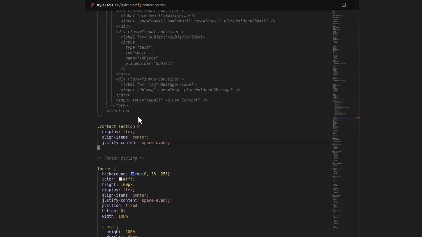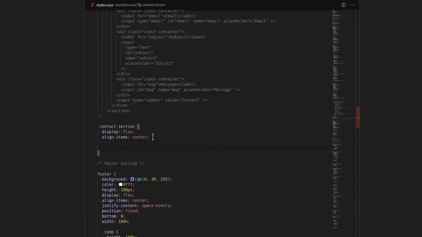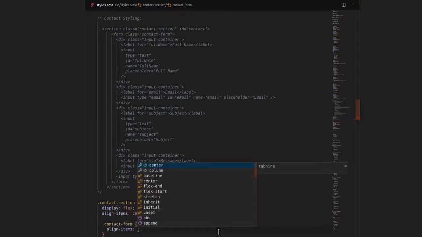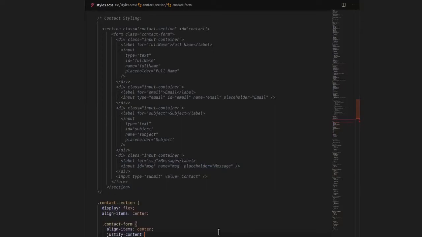Okay, justify-content center. Yeah, so we can remove the justify-content space-evenly, and here in that we have the form directly. So dot contact-form. Now for this we can align-items center, justify-content center. Yeah, so let's give a width of 500px